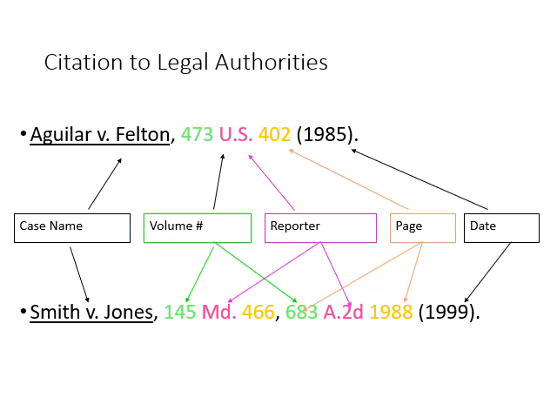You're standing in front of the stacks. There are volumes and volumes. Again, you look to the number that precedes the abbreviation, 683. You pull that one off the shelf, and then you turn to page 1988. And boom, that should be Smith versus Jones. The exact same decision if you literally set the books side by side and you found volume 145 of the Maryland Reports, page 466. Literally, it's the exact same case that's published in both of those books. So you can use either one.